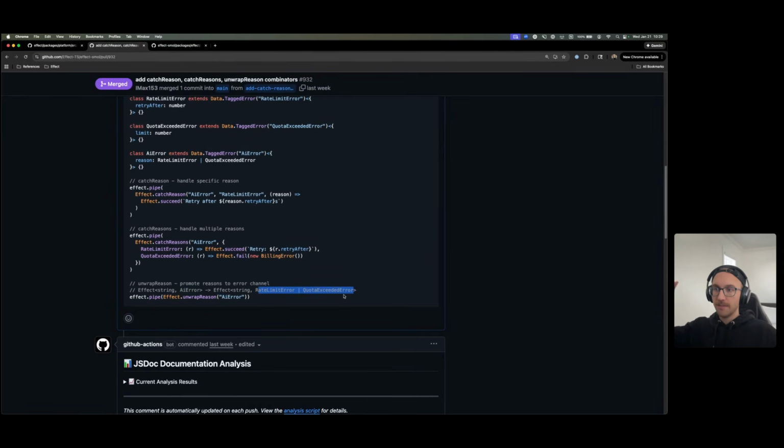So that is when, if you want to explode the error channel and get access to all the reasons and then catch them and eliminate them from the error channel, you would first unwrap the reason and then catch the individual errors. And one last improvement I'm thinking about making to this is, when you're doing this, since we can't remove AI error from the error channel here,